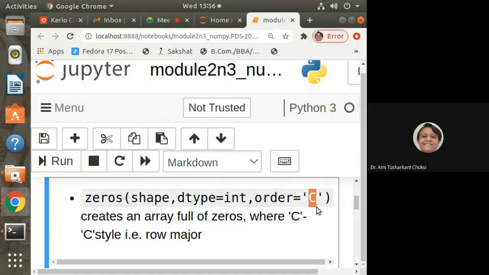Fine? Okay. So what we want to do is create an array full of zeros. Why do we need that? Many times we want to have, say, addition of two arrays, and we want to put it in one array, that is a resultant array, right? Or otherwise you have an array of all zeros, then you want to do the addition.